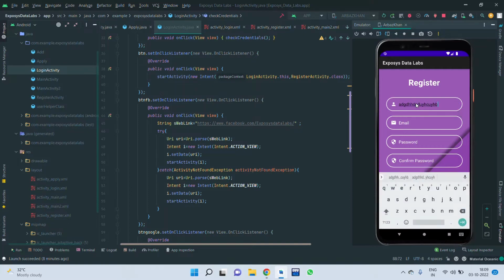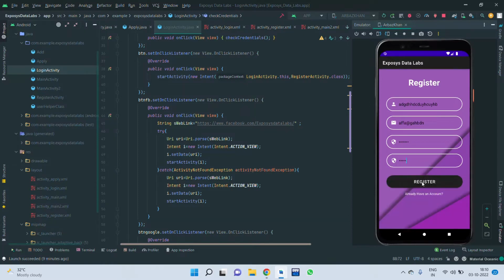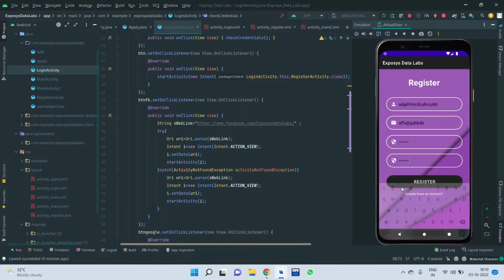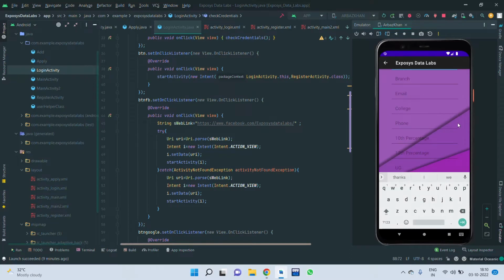So I enter something random, and then email, suppose anything. In password section, 1234567, and confirm password. Suppose I'm entering 12345 only, so it will show that password is not matched at all. You can see here password not matched. Why? Because in both we must enter the same password like 1234567. Now if I click on register button, you can see here